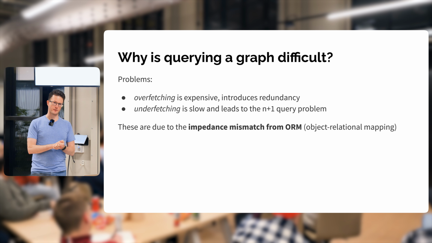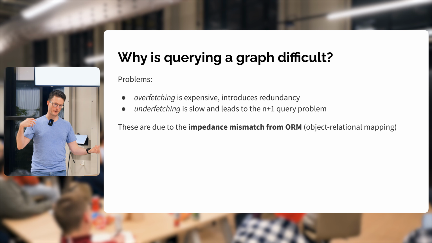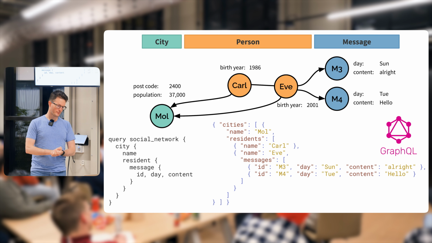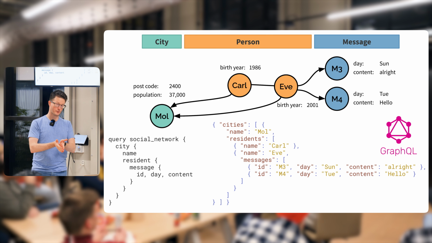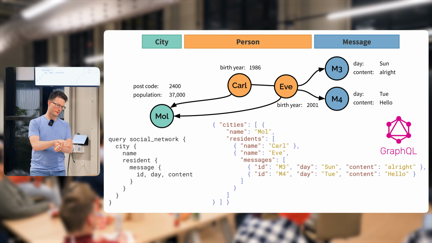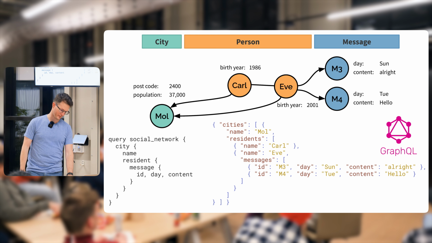And this seems to be like a rather fundamental, difficult problem, and it is. It's known as the impedance mismatch problem from object relational mapping. It's really difficult to take a relational data set and map it to an object-oriented data set or a graph-like data set. However, because it's a difficult and well-known problem, it has been solved by the GraphQL community to some extent. In GraphQL, you can do these queries where you specify in a hierarchical way what you want to return. And it usually returns a JSON. It just has to be a nested data set. So this is one way where we do one query, so there is no overfetching or underfetching, and there is no redundancy. It's actually really nice and elegant in the return data set.